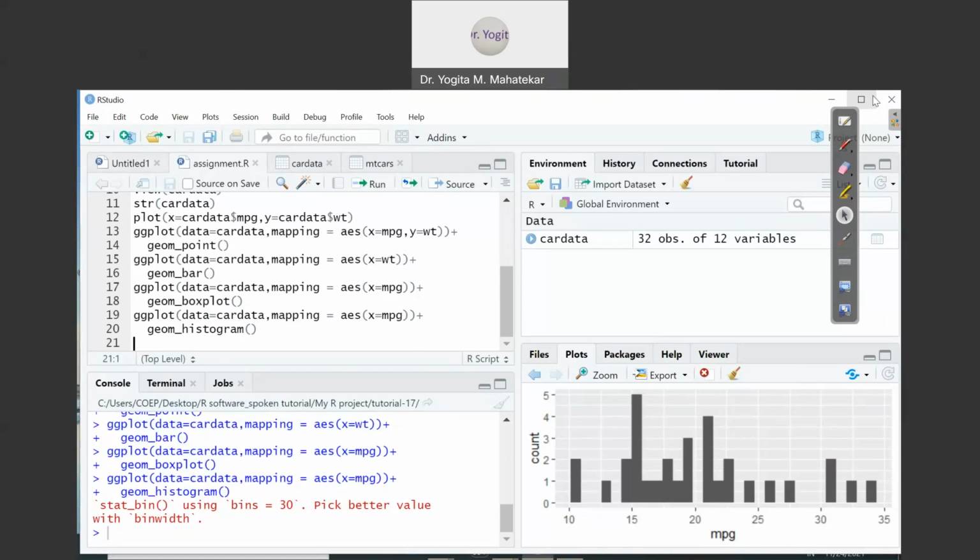Similarly, you can create a bar chart of critic score for the first 10 movies, and create the scatter plot for IMDb rating and imdb underscore num underscore votes, see the relation between them, and save both plots. All these things you can do with the ggplot2 package, and you can enhance the pictorial representation of your plots. Okay, so here we will stop.